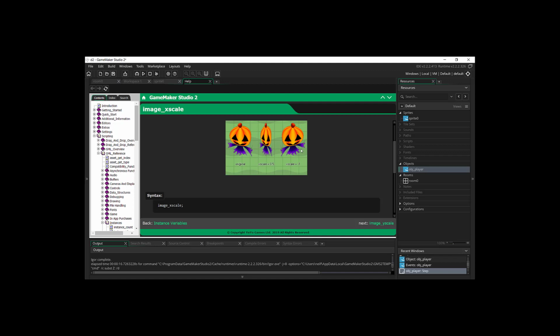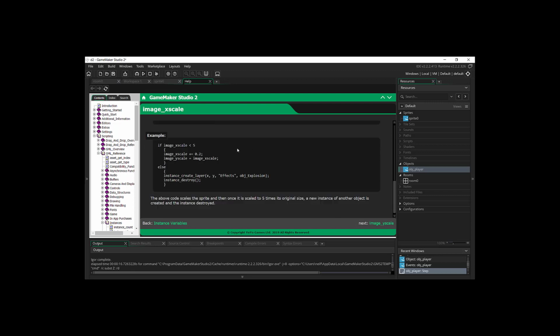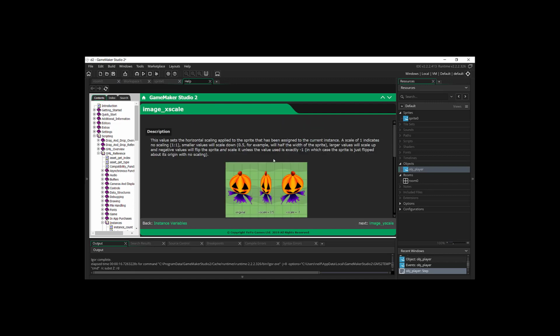Now it'll also stretch the image. If you keep going with positive numbers, it'll keep stretching this image bigger and bigger. I'll show you that in just a second so you can see what I'm talking about. But understanding this, if we have 0, it does nothing to x scale. If we have +1, it'll flip it to the right. If we have -1, it'll flip it to the left. That's important to understand with this function, because now we can use it not just to stretch our image,